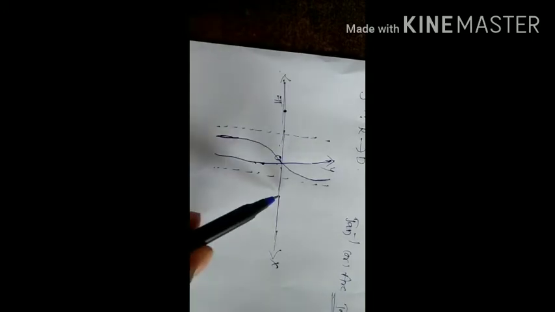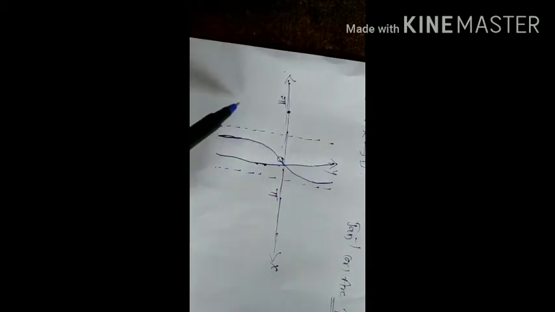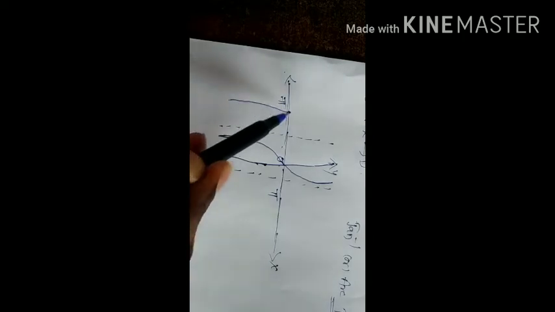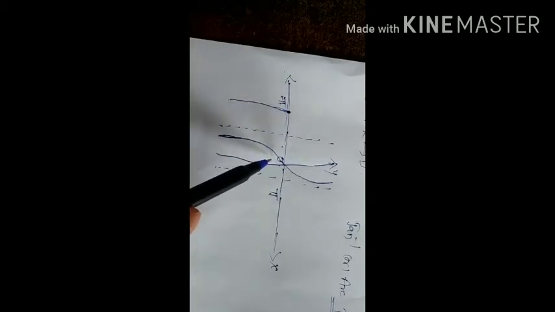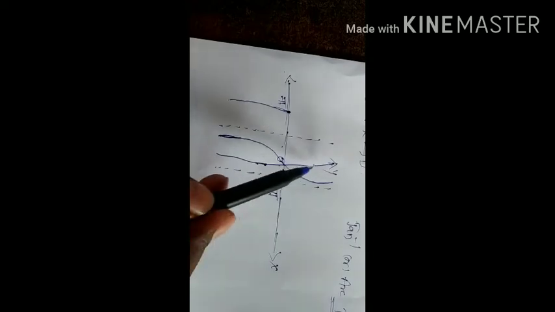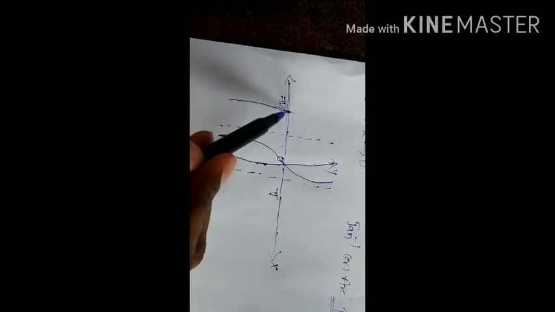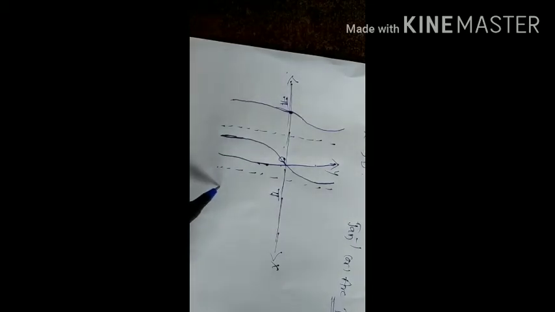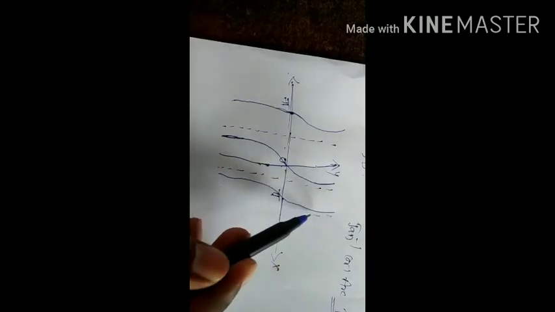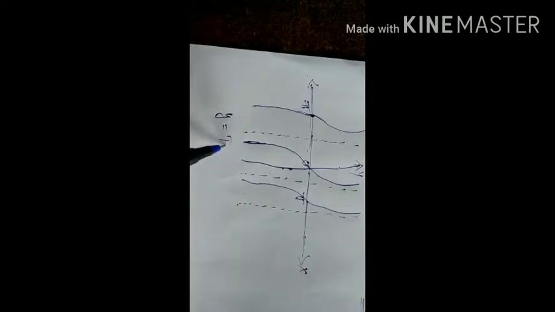So you have to identify these intervals also, then only you will understand the graph. Based on these values, minus π and π, you will get the values here and here. Between these two values only, the graph will occur, right? So the graph will be like this. And here also, and one more we can draw like this. This is the graph of tan function, so y equals tan x.